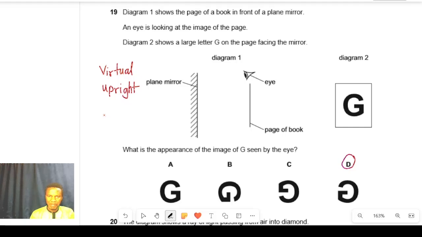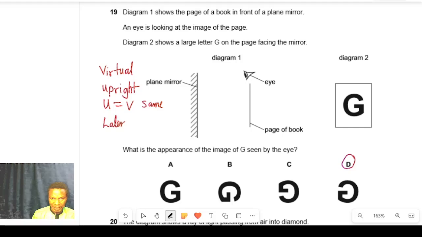The distance of the image from the mirror is the same as the distance of the object, so u equals v. So image distance and object distance are the same. And then the image undergoes a flip, which is what we call